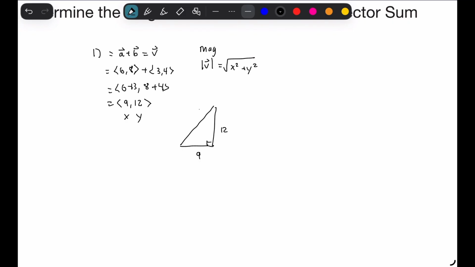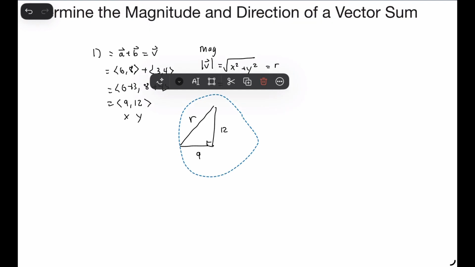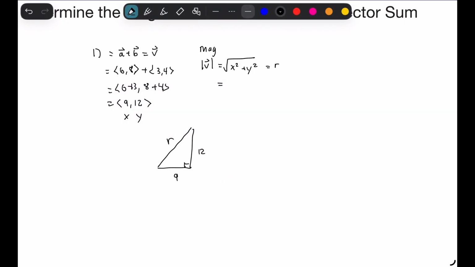And then you're trying to find what this radius is, almost. You're just going to use your Pythagorean theorem because those are your legs. So you're going to have 9 squared plus 12 squared, which is 81 plus 144, which is the root of 225, which is 15